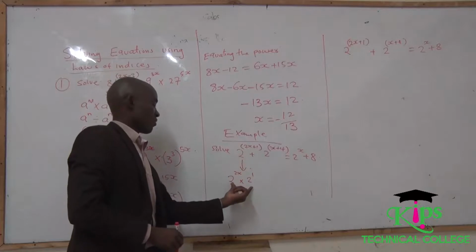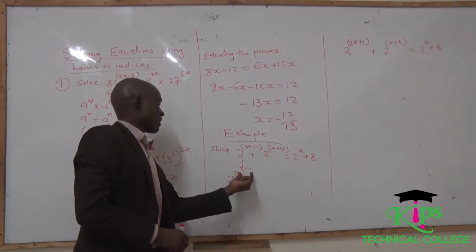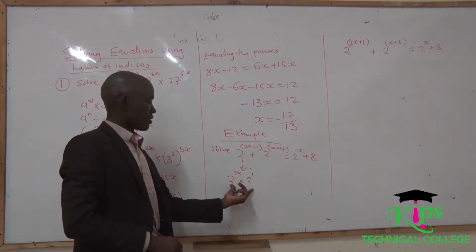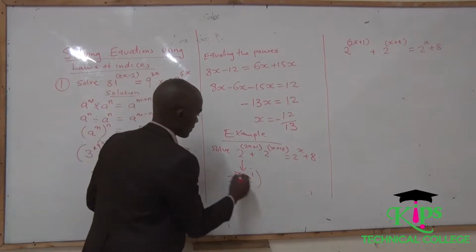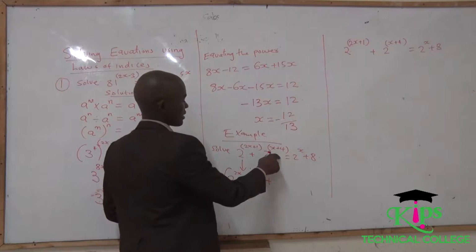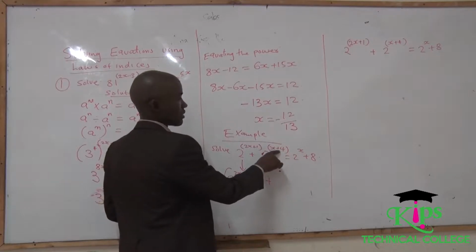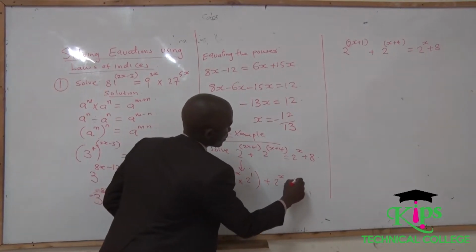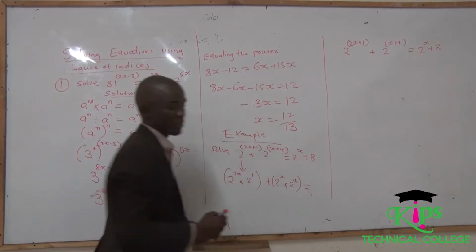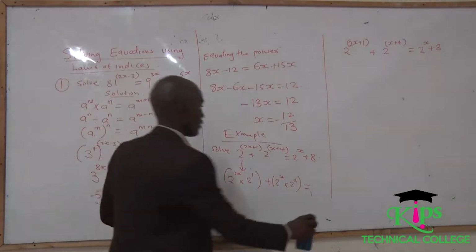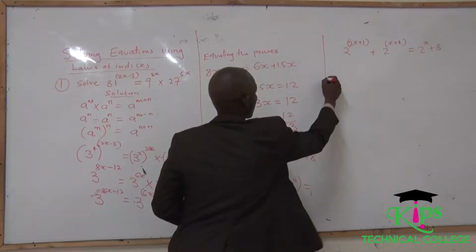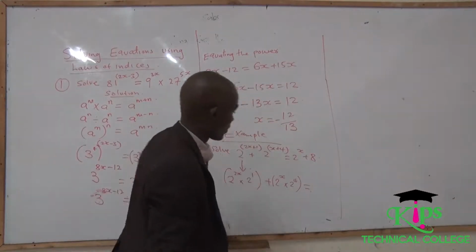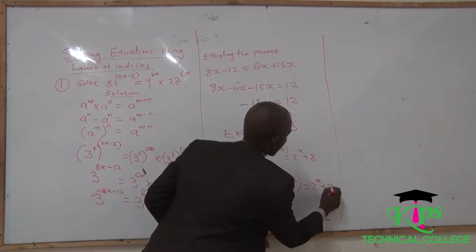Remember, this one has been obtained from this expression because the bases were the same, they added the powers. So we need to move back to the original state. So we have said in the original state to be appearing in that format, plus break this one in the same manner. Because there is a summation, it means it was a product, and the product was 2 raised to x times 2 raised to 4, which is equal to 2 raised to x plus 8.